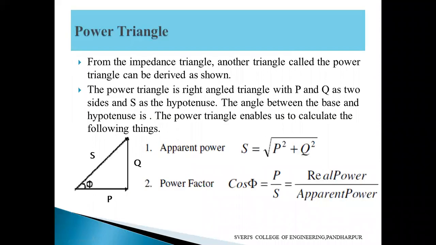Next, you take the heading power triangle. From this power triangle, with P, S and Q, we can write down the apparent power S equal to square root of P square plus Q square, and cos phi equal to P by S, and sin phi equal to Q by S also we can write down. All three equations you write down here. Only take the heading power triangle, the triangle diagram, and these equations you write down. That's it.